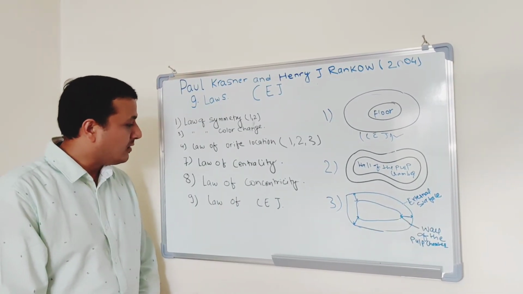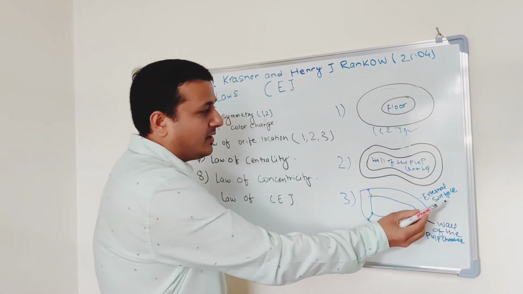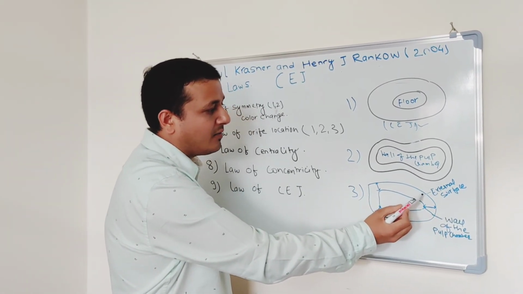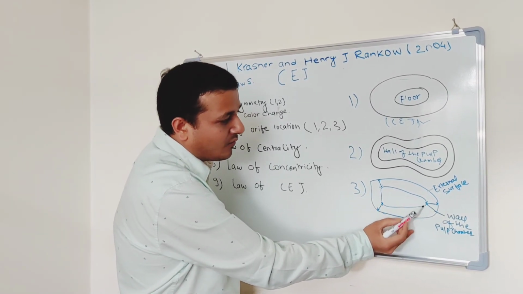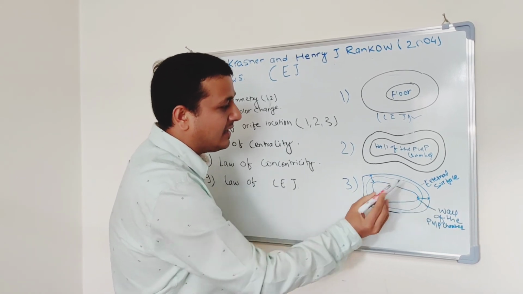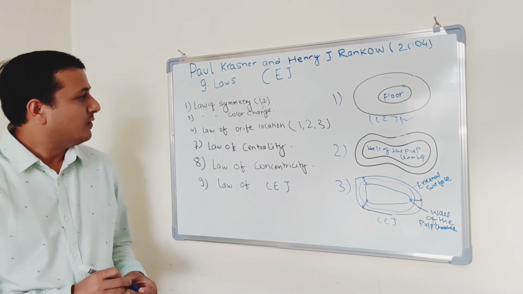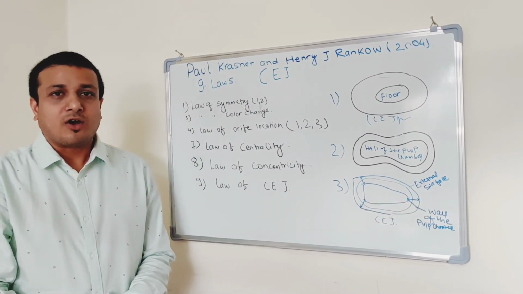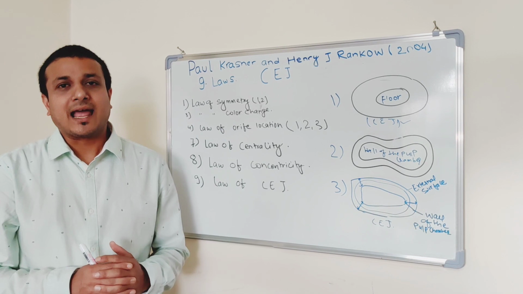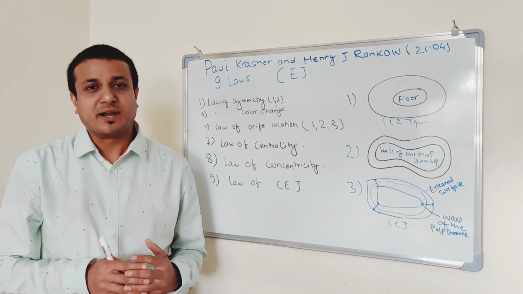Now coming to the last law, that is the law of CEJ. It says that the distance from the external surface of the tooth, that is the external surface of the clinical crown, is equidistant to the wall of the pulp chamber throughout the circumference of the tooth at the level of CEJ. So all the laws which I discussed right now, from the law of symmetry to the law of CEJ, will be very beneficial for you to locate the canal as well as the pulp chamber while dealing with any case for access preparation. Thank you very much.